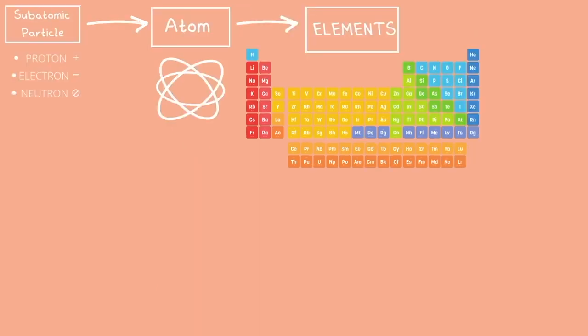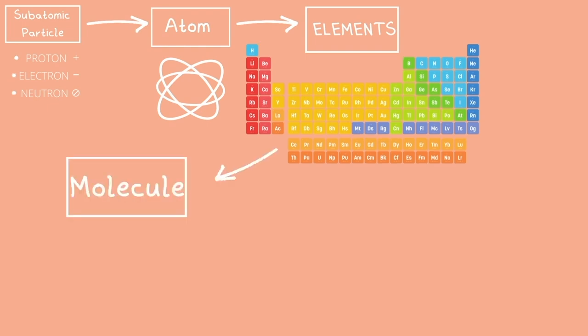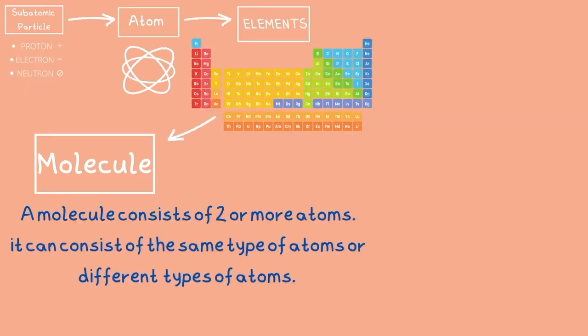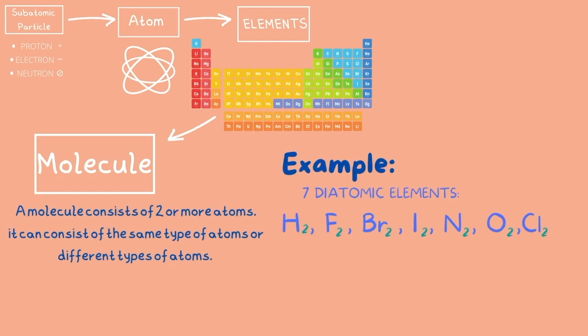Okay, so taking a step back, the diatomic elements can be further described as molecules because molecules consist of two or more atoms. They can be the same type of atom or they can be different types of atoms. By definition, you can see why all of the diatomic elements can be called molecules because they are all made of two atoms. However, all the other elements do not fit the description